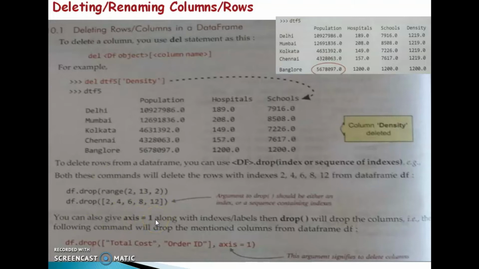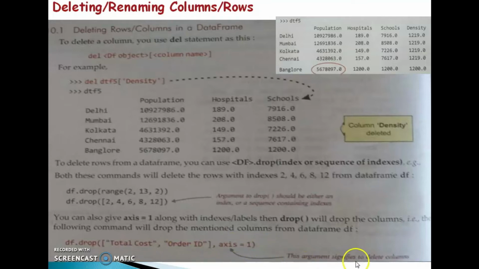Here axis equal to 1 means a column. We can drop a column by using axis equal to 1. Axis equal to 0 means a row or index. Identify this example. Df dot drop, within this parenthesis I specified total cost, order ID, axis equal to 1.